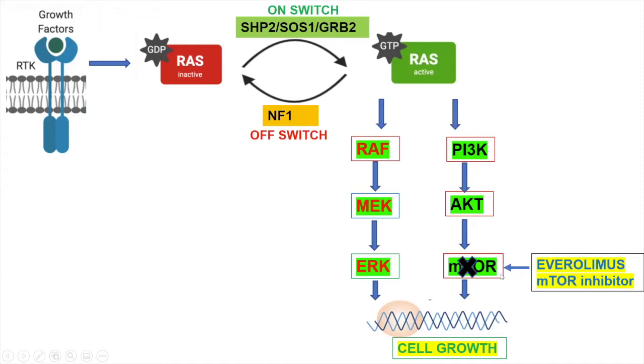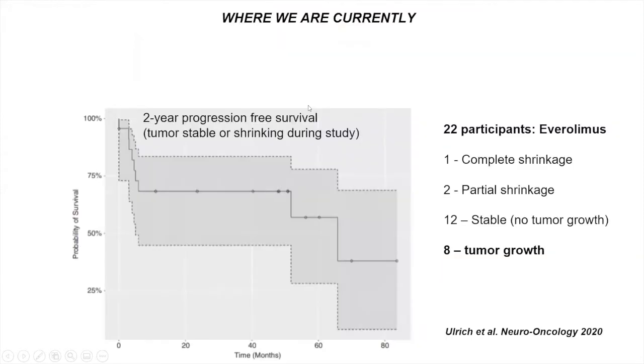And this study was conducted by a consortium called the NF Clinical Trials Consortium. Just to explain what a consortium is, it is basically a group of hospitals that band together and help conduct clinical trials for patients with rare diseases such as NF1. And this is a consortium that's specifically directed towards patients with NF1. And there were about 22 participants with NF1 on the study who also had the low-grade gliomas and who were